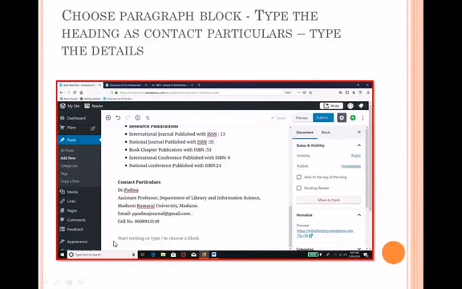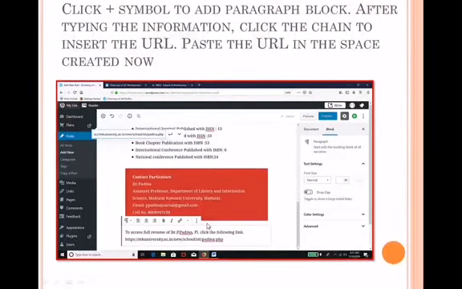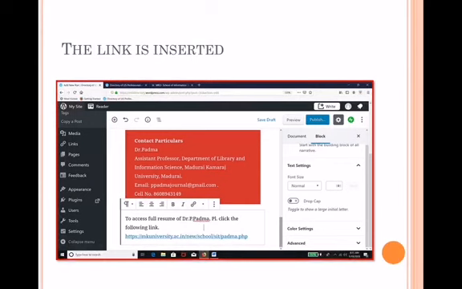Now once you have typed all the necessary particulars, for example, the information about madam is available on a website at a URL. What you can do is create another block for giving a link. If you click this, it will ask for the URL. You can paste the URL so that it will be pasted as a part of this particular post.